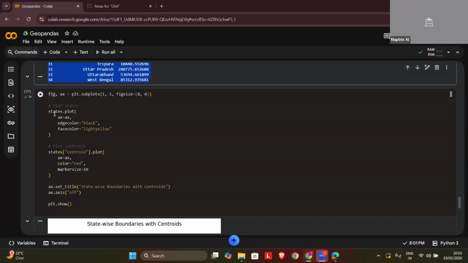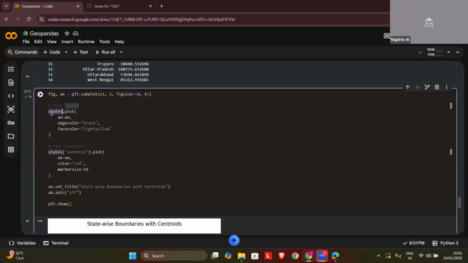First thing first, I just plotted my whole state boundary. Then I don't need to define which field to choose. So I just plotted states.plot,